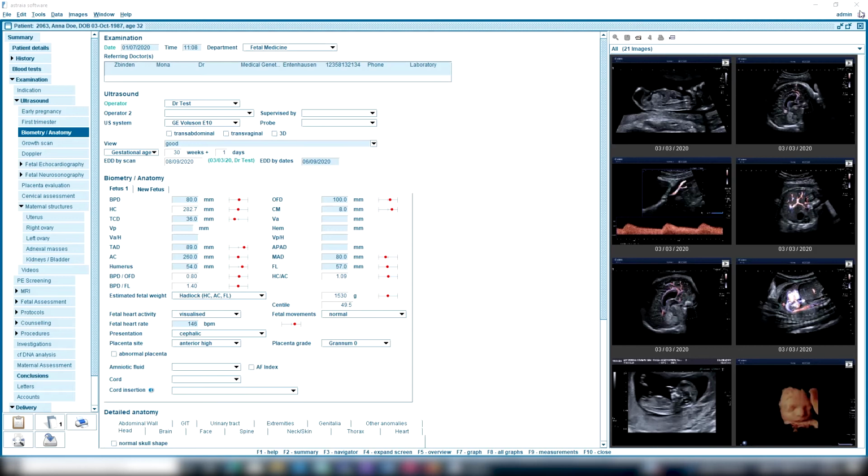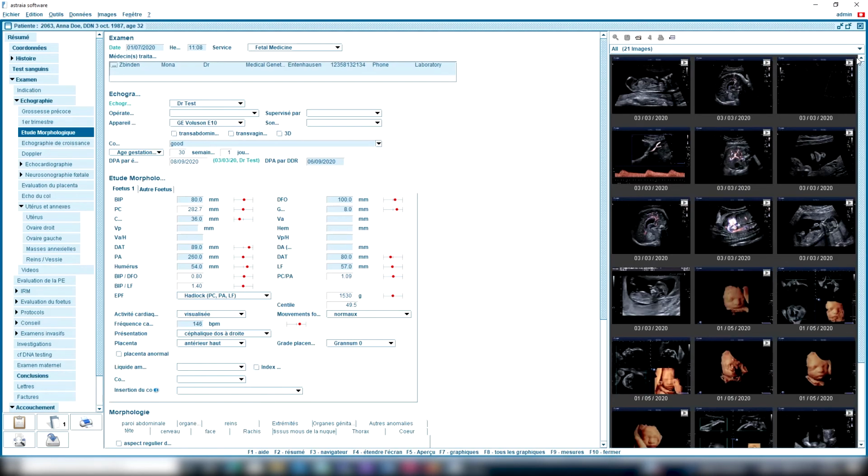The translation is done by selected customers of ours who are experts in the section to be translated. This allows us to ensure a standardized and semantically correct terminology in all languages. Second, and this is very useful for a multilingual environment like yours, the language can be changed on the fly directly during the examination.